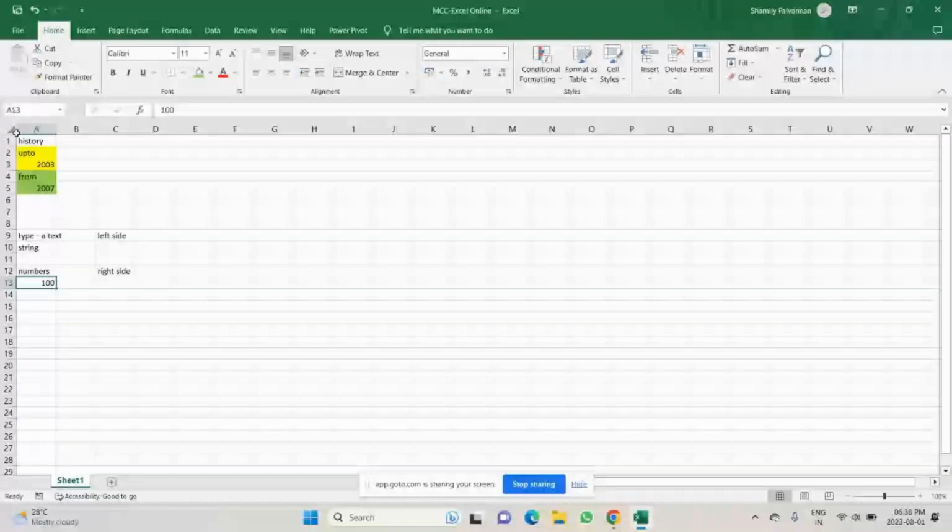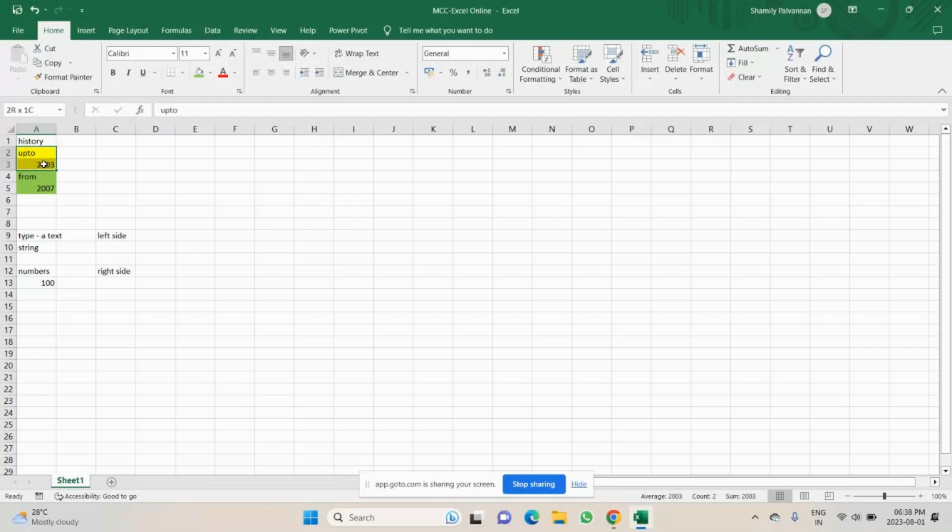Then I told you that we will bifurcate up to 2003, and from 2007 onwards, into two parts. See, this is my Excel file. And when I have an Excel file and I have to save this, the extension which is given to a file from 2007 onwards is .xlsx. And before 2003,